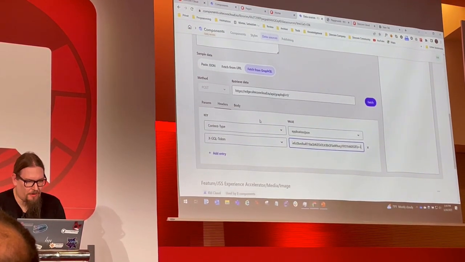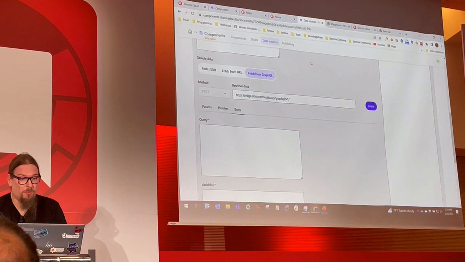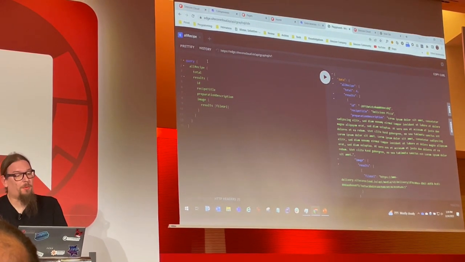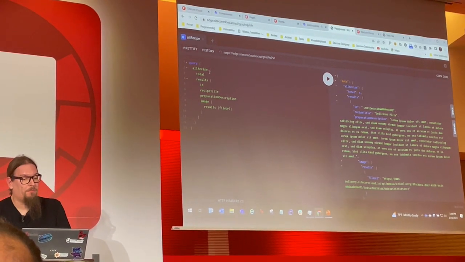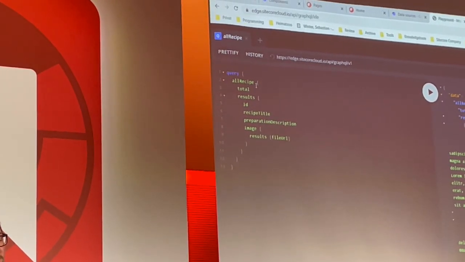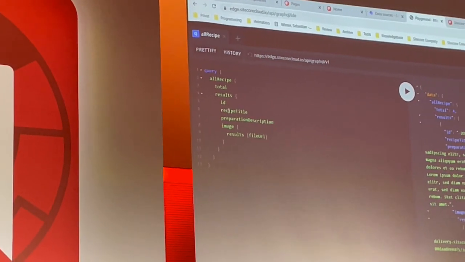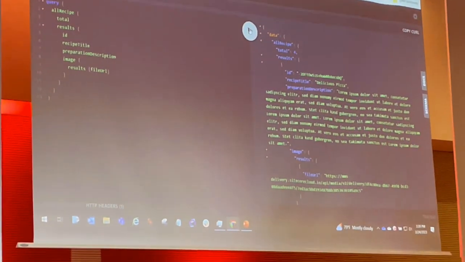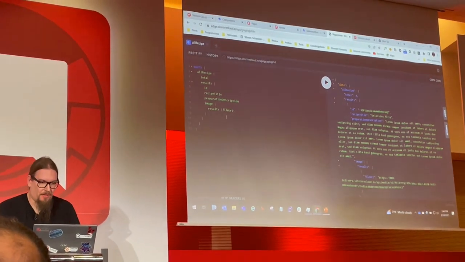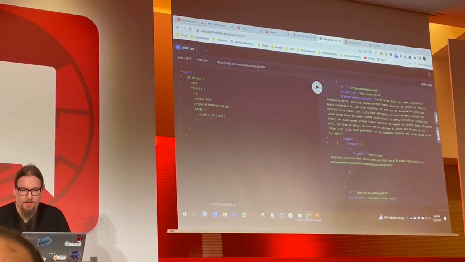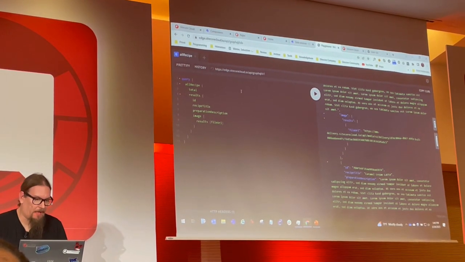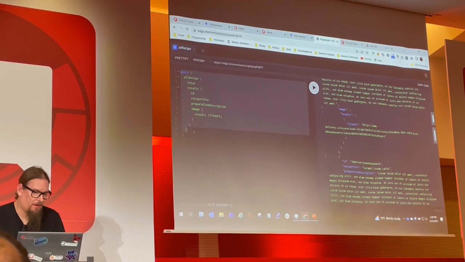So the next thing we need to do is actually build our GraphQL query. This is what we do in the body, and I use the Content Hub One GraphQL IDE for it. I've already prepared a query here. I have recipes in my Content Hub One instance, and I query them using all recipes, and then get the results, the list of recipes. The result looks like that, which seems to be fine. So I have some delicious pizza and some other recipes, and I just copy this query